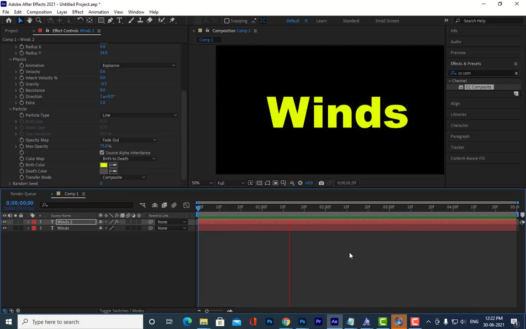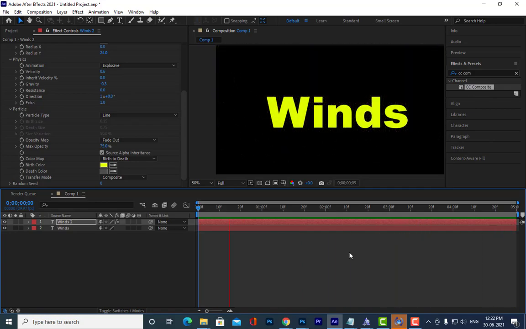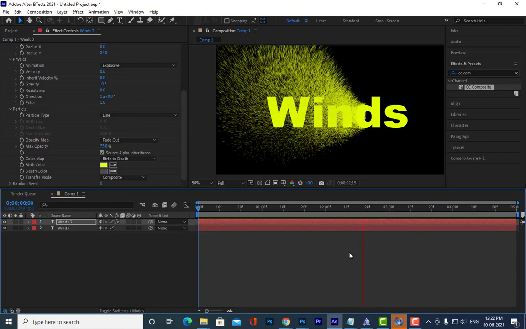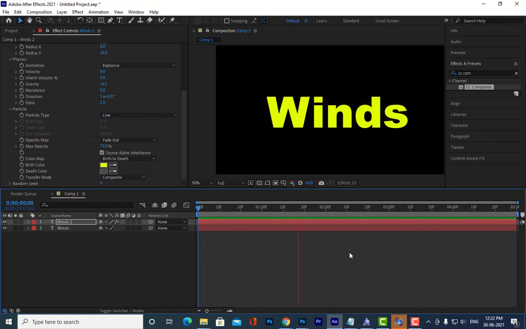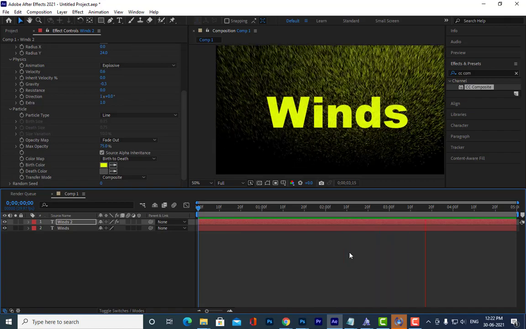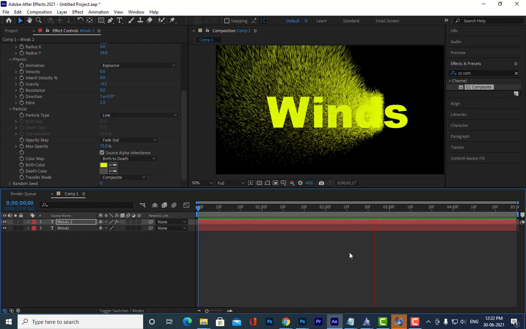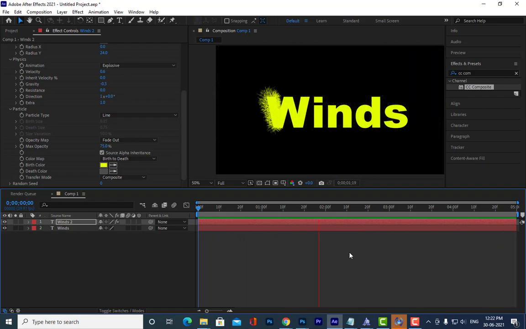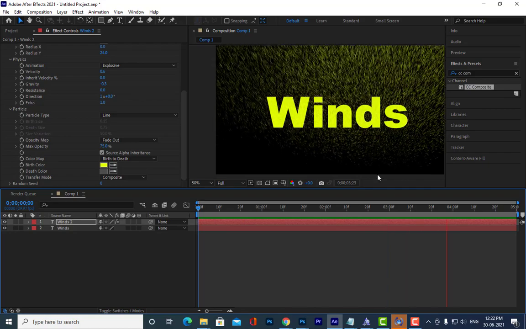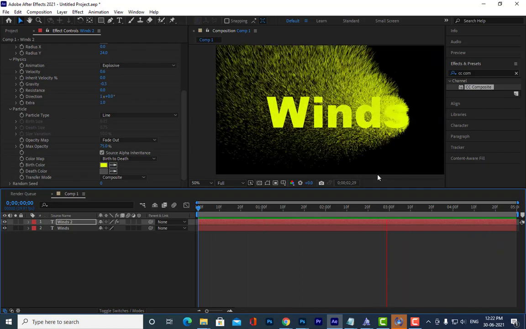Yes, sir. So we can apply it like this. Okay, so see the particles are now coming. You can see the particles emitting within the text actually.